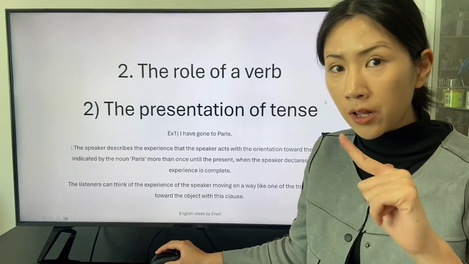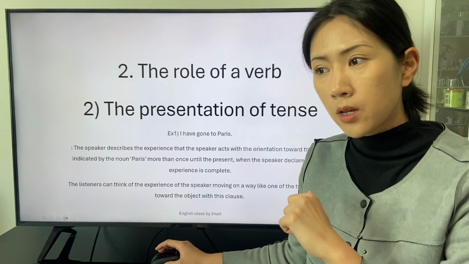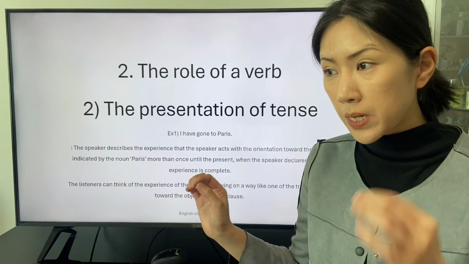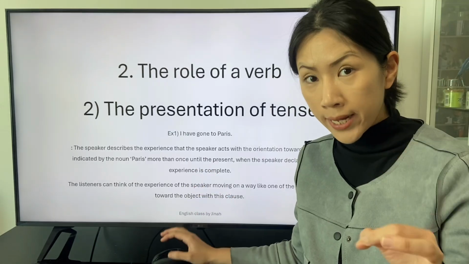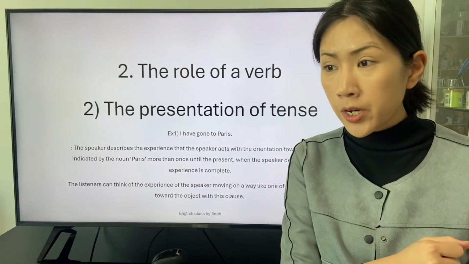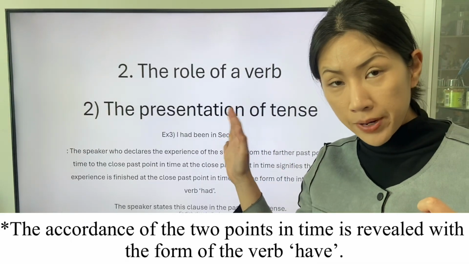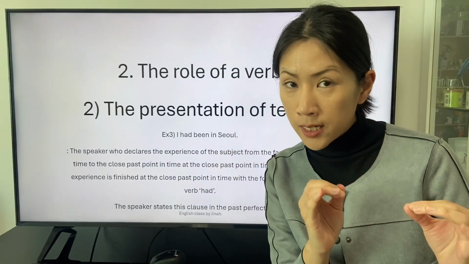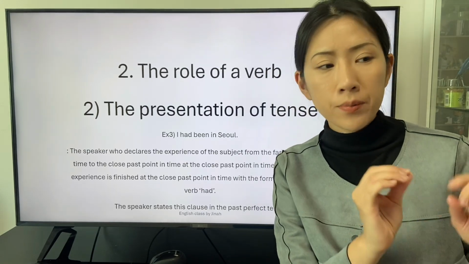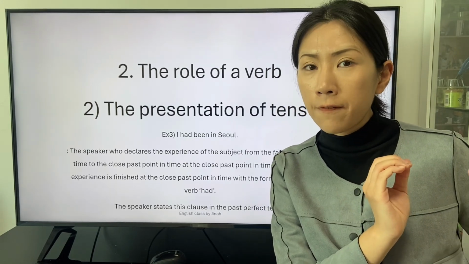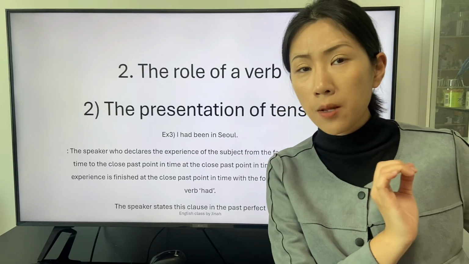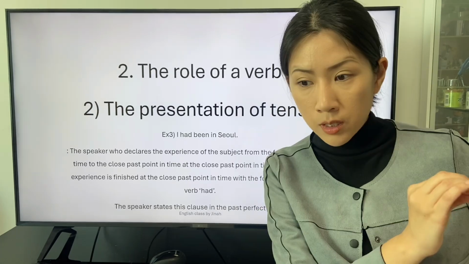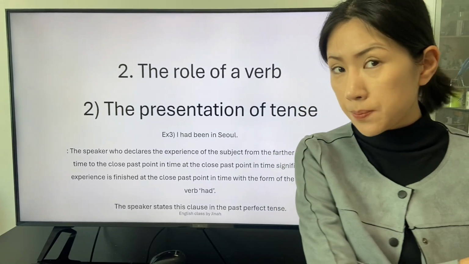The first and second exemplary clauses are declared by the speaker at the present, when the conversation with the speaker happens. This third exemplary clause deals with a period of time from the far point in the past to the close point in the past. So the completion of the experience of the speaker has the gap with the point in time that the speaker